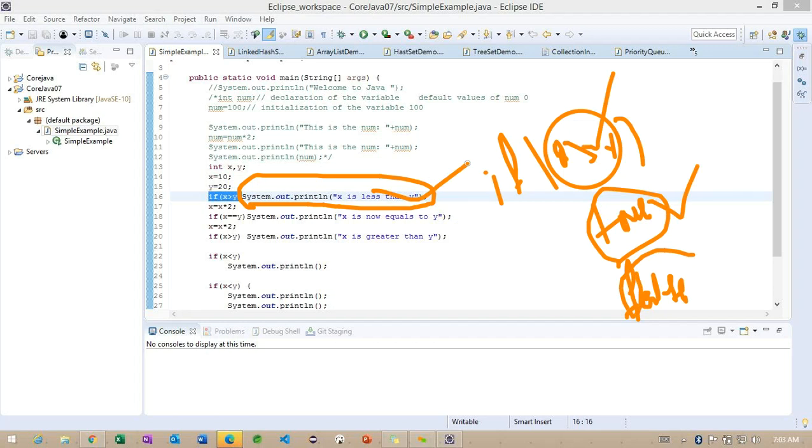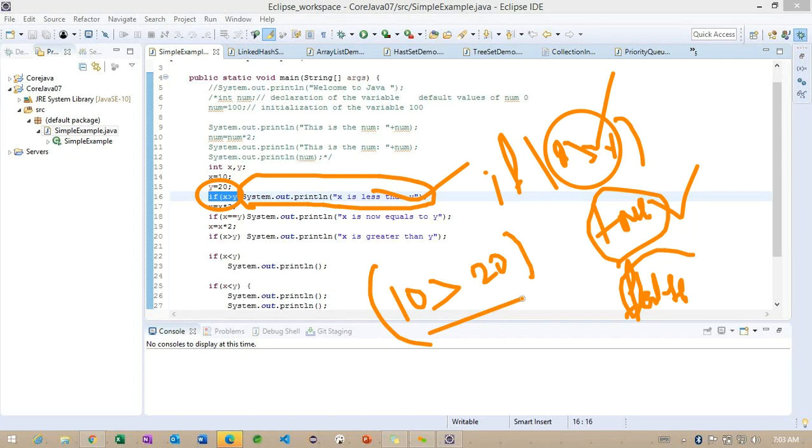So getting the point, this is very important. Wherever we go, we are going to implement these if conditions a number of times in real-time applications. So we need to know carefully how exactly this conditional works internally. Inside this block, we have 10 greater than 20. If you know simple mathematics, you can easily understand this block of code is going to return true or false.